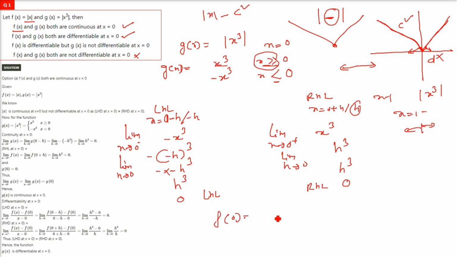So where is the equality? It's x cube. 0 cube is 0. So left hand limit and right hand limit we have already checked, and now the value of the function at 0. So this is continuous, that we have verified here. Right? Now coming to the other